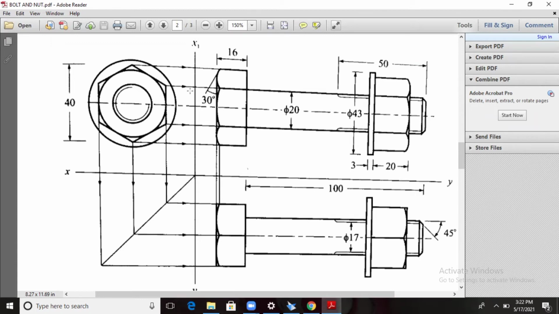Okay, the front view you can project from this one. All these things you have to project. You have to draw the width, which is 16, draw the rectangle and project the sides of the washer. You will get the cut here, and up to here, that is the length 100 given in the question. Draw it. Okay, draw the axis line. From the axis line you can take the offset on both sides, 10 and 10.